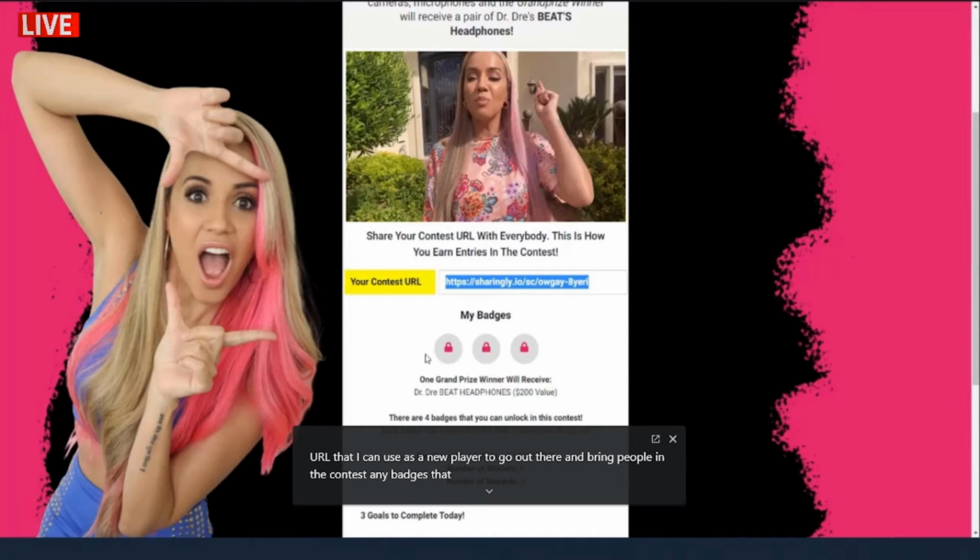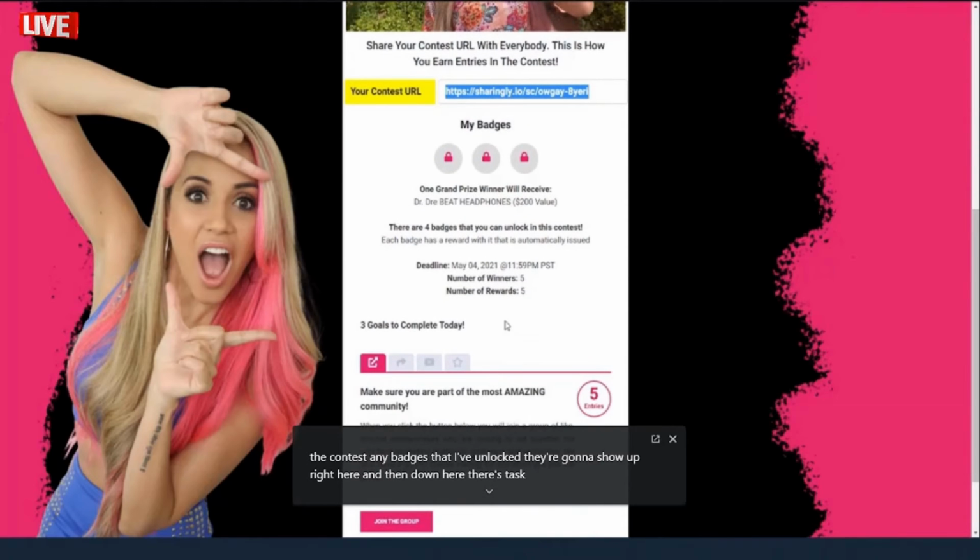Any badges that I've unlocked are going to show up right here. And then down here, there's tasks. And this is how I will go about earning more entries. So as a player, I'm going to earn entries when I share my link and I get people to sign up. And when I come over here and click on these tabs,